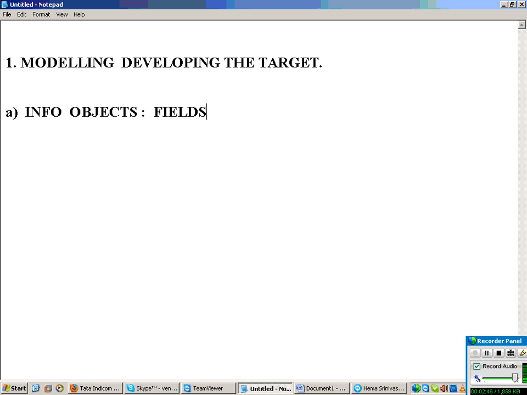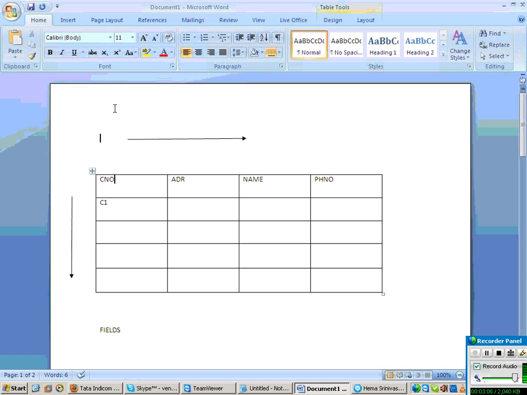So how do you develop a database in BI? By defining the info objects. So the basic modeling starts with defining the info objects. Now let us say your source has four fields. That means how many info objects are we going to create? Four info objects in BI. So first you have to understand how many info objects you need to start defining the modeling part. Clear now? There is no difference, it is just a field.